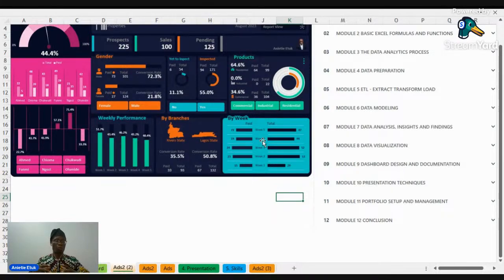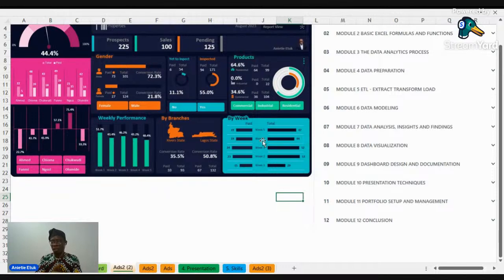Then we talked about portfolio, how to set up your portfolio or your project portfolio. As a data analyst, you can't limit yourself with CV, because after sending your CV, the interview is normally in 2 stages. The first part is the written, oral, and all that. The second part is the practical part, and it's mostly driven by your project, your portfolio, where they'll say, show us what you have done, and then they will ask you questions based on that particular project. They want to see what you have done. So you must know how to set up a portfolio.